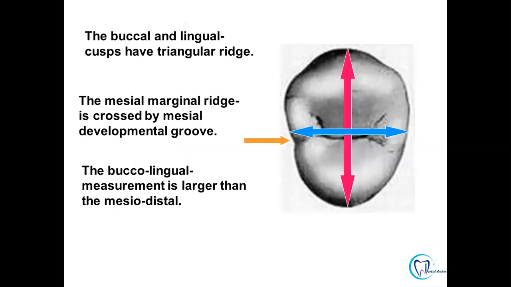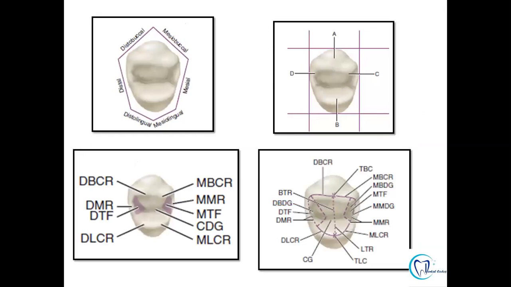To summarize the occlusal anatomy, it is hexagonal in shape and it is bounded by the distobuccal and mesiobuccal cuspal slopes, distolingual and mesiolingual cuspal slopes, and the mesial and the distal outline. When we see the cuspal ridges, there are elevations. On the buccal side, it is the buccal cuspal ridge. On the lingual, it is the lingual cuspal ridge. And on both sides, it is the crest of the contact points, mesially and distally.